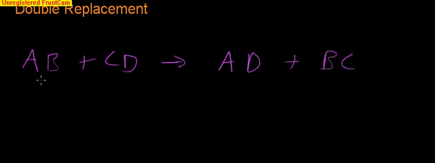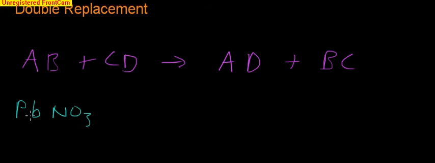All right, so here on the left, A and B were together. If you look over on the right, A and D are now together. On the left, C and D are together. And if you look on the right, now B and C are together. So a real-life example of this would be if you had, let's say we start out with lead nitrate,